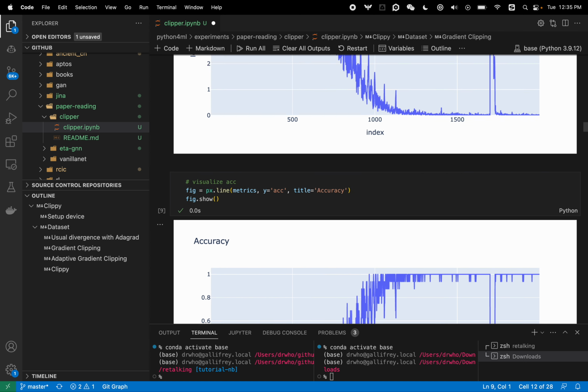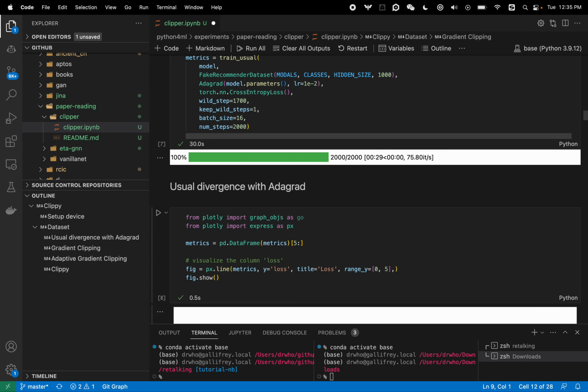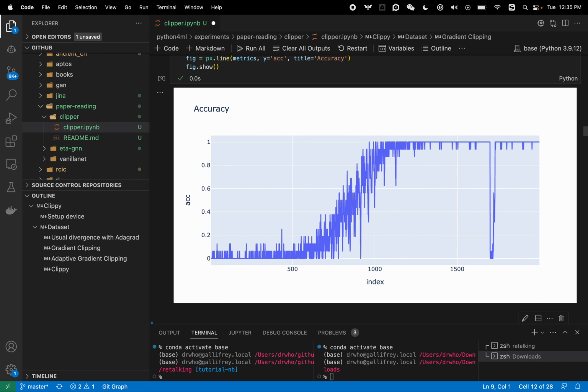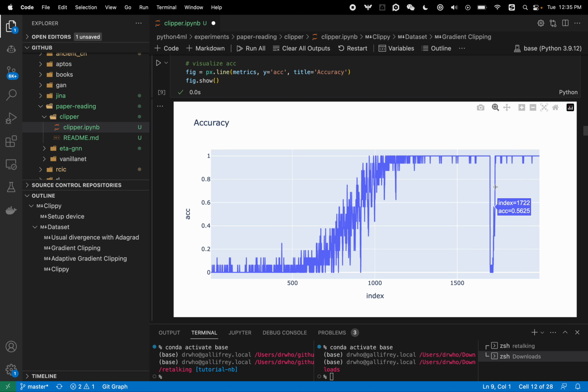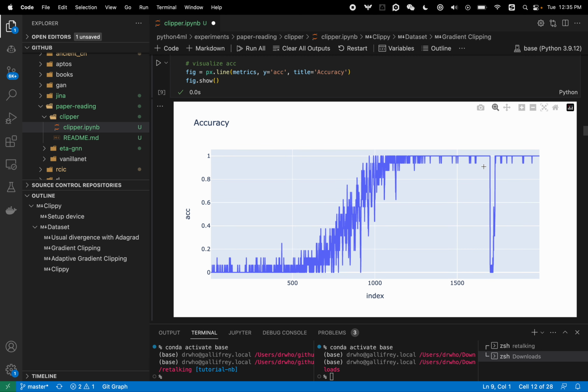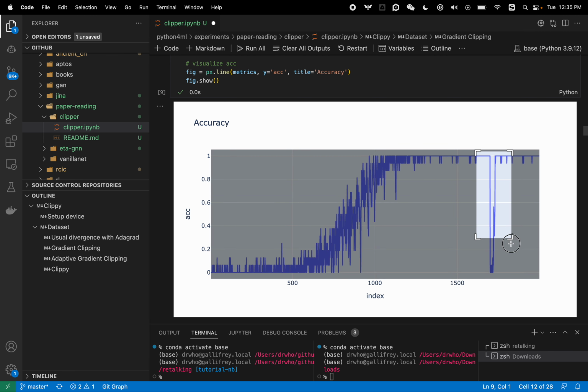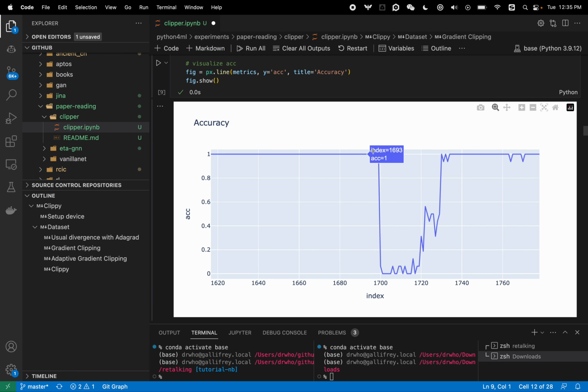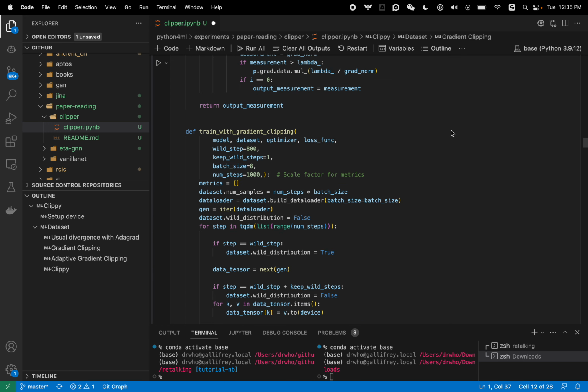So this is what we don't do with any of the remedies. I guess this is not full divergence, because it's really hard to replicate full divergence. The thing that I can run on my laptop, so far as I tried, it's really hard to repeat. But as you can see, in a lot of steps, I only damage it for a single step, but for a lot of steps it cannot repair itself, until later on it relearns all the accuracy to its previous level.